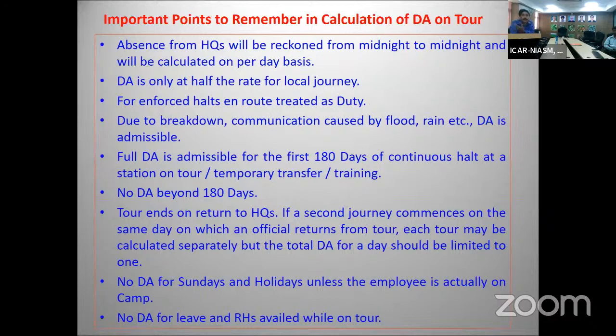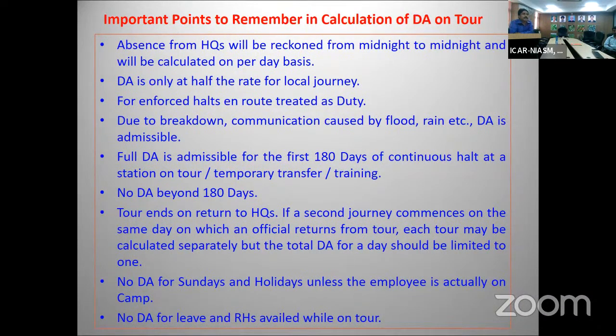और इवन जो लोग ट्रेन में भी कवर करते हैं, ट्रेन में भी जाते हैं, ऐसा इंडिया एक वास्ट एरिया है, तो कहीं भी ऐसा होता है कि किसी को 7 आवर 8 आवर भी कहीं हॉल्ट करना पड़ता है, उस केस में उसका डीए भी आपको देना पड़ेगा। ओके, देन ड्यू टू ब्रेकडाउन ऑफ कम्युनिकेशन कॉज्ड बाय फ्लड, रेन एक्सेट्रा, अगर ब्रेकडाउन कहीं हो गया, फ्लड हो गया, रेन हो गया, उस केस में डीए भी आपको देना पड़ेगा।